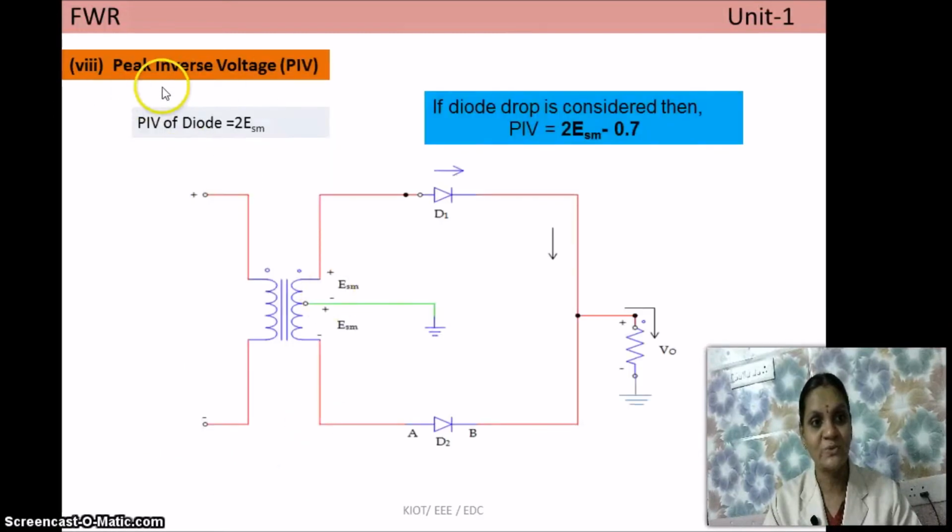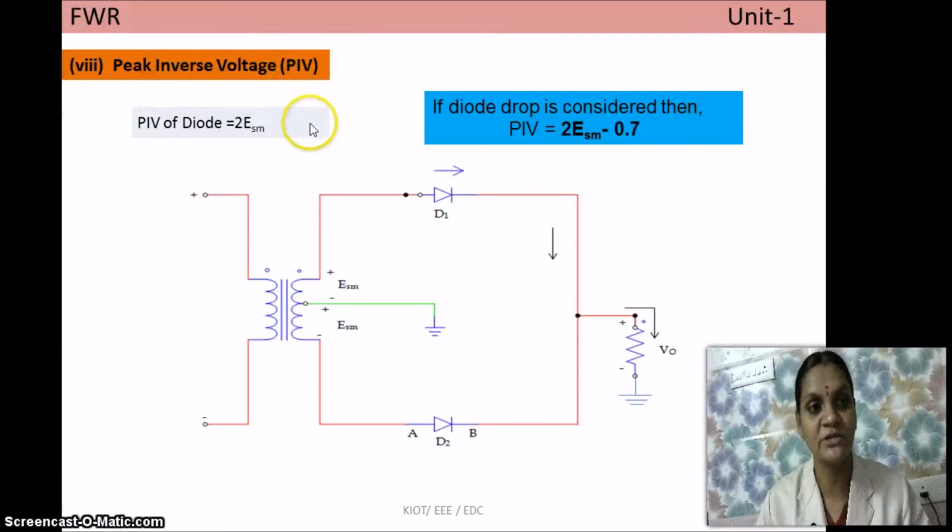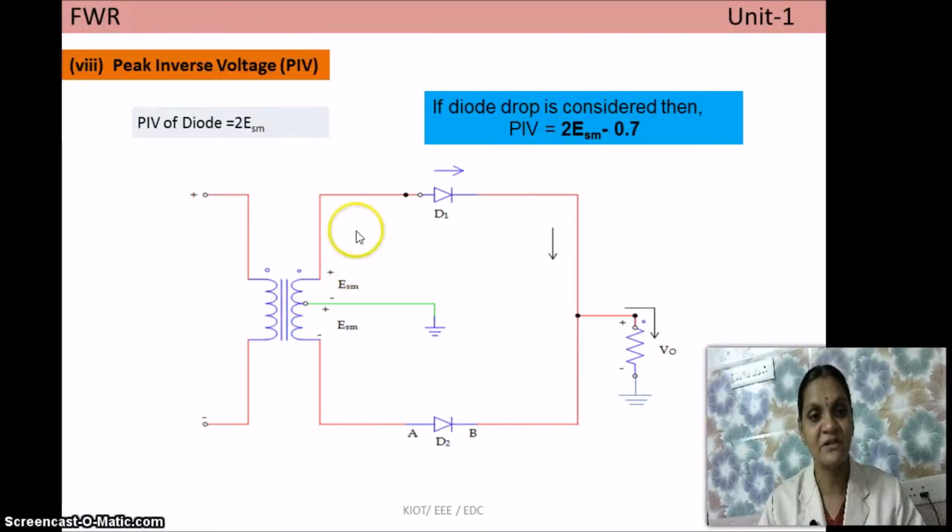And the next one is peak inverse voltage. So this is one of the important points you have to note here. Peak inverse voltage, as I already said, is the maximum reverse voltage across the diode in reverse bias condition. See, assume a circuit like this. This is a full wave rectifier circuit. Assume the diode D1 is in reverse bias. So reverse bias means it acts as an open switch. Assume this diode is an open switch, and here you have one voltage source.